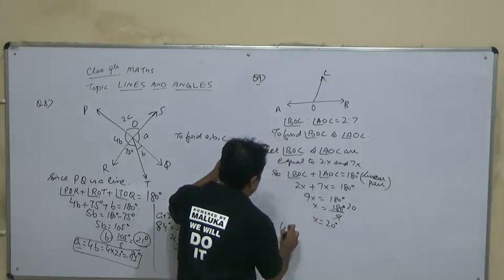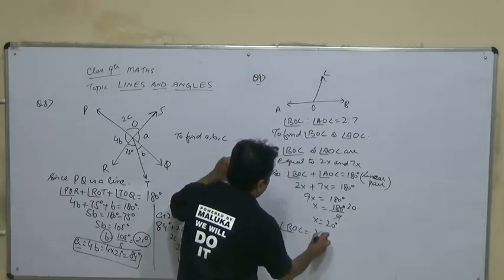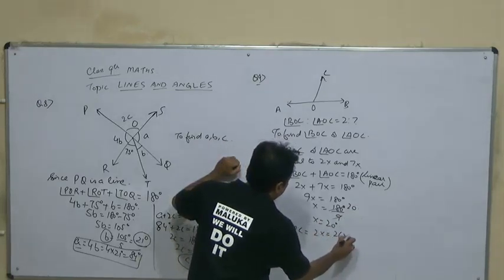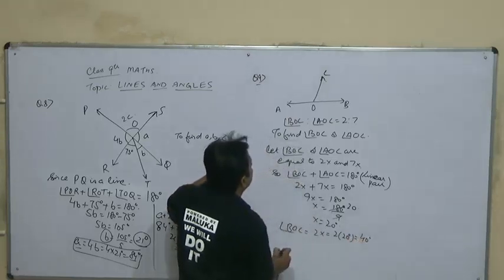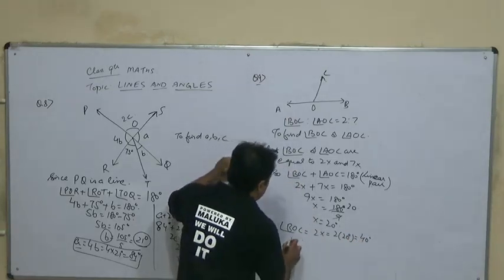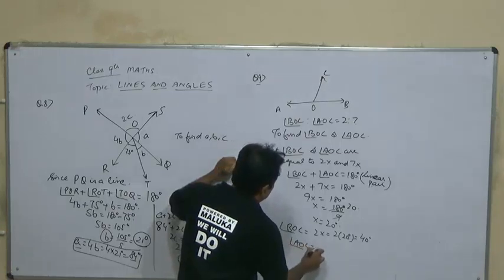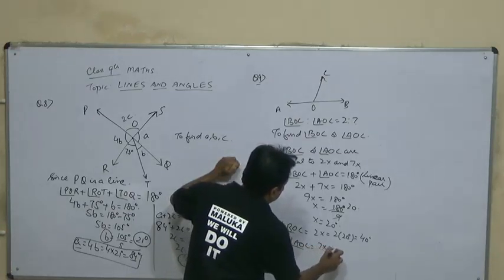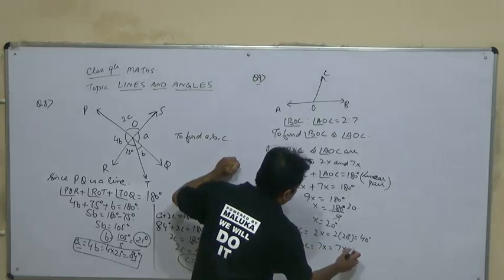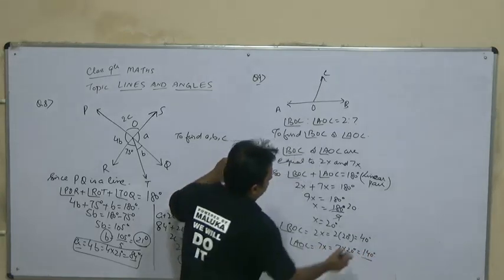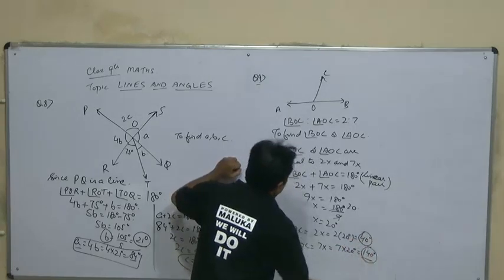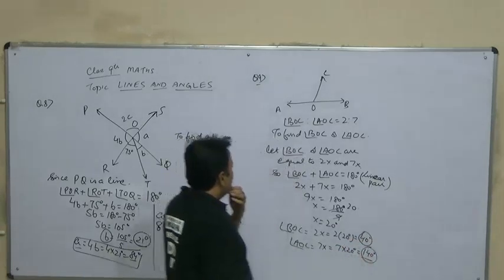So BOC is 2x, which is 2 into 20 degrees, which is 40 degrees. And AOC is 7x, which is 7 into 20 degrees, which is 140 degrees. So these are the required angles which we wanted to find. Then the 10th question is,